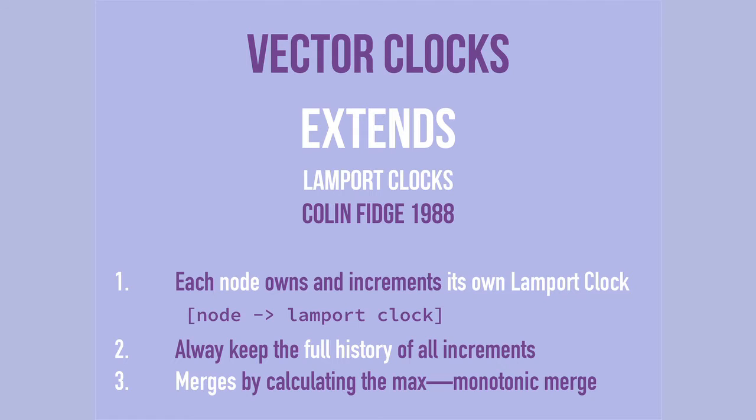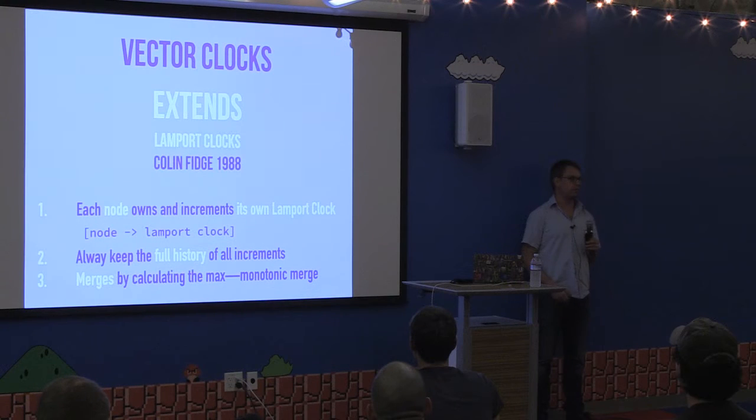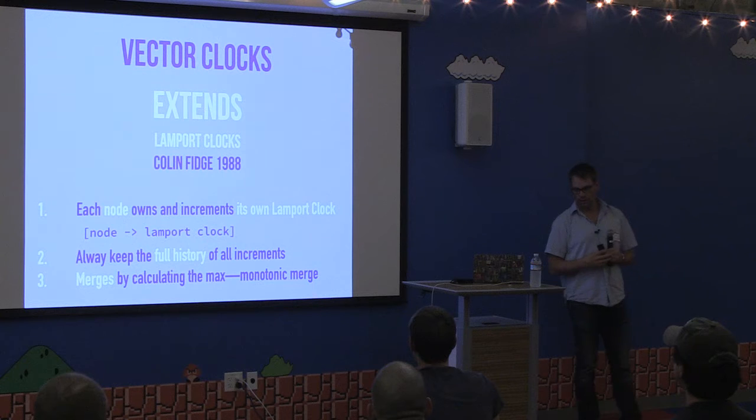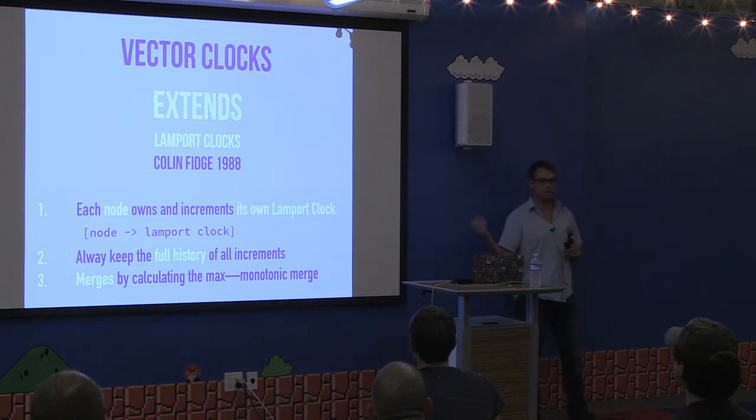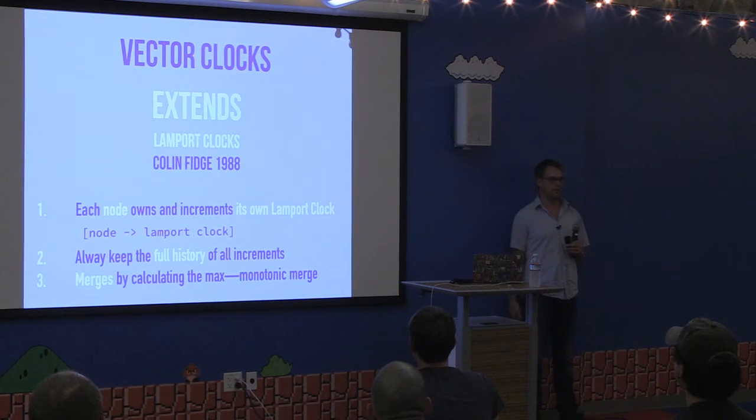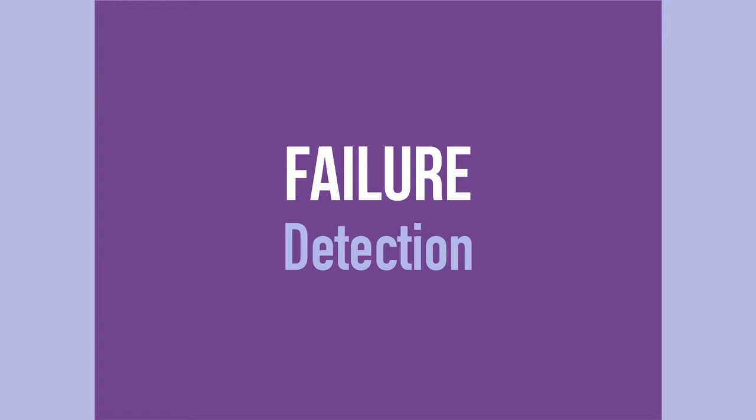If you've heard about CRDTs, and we'll talk a little bit about that later, vector clocks are actually a CRDT, where you have a monotonic merge function that would always successfully merge. And that is an extremely useful tool. We see it out there in most eventually consistent databases today. We use them in Akka, as we'll talk about later. So now we have a good way of working with time.